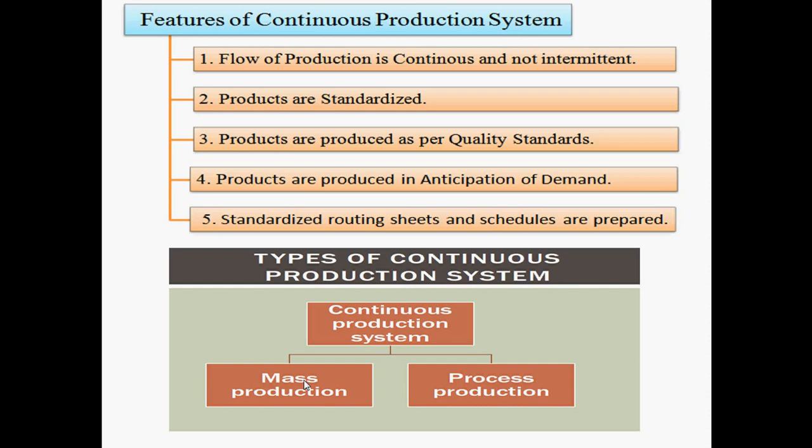Now we go for the next point, that is process production. What is process production actually? You know that process production is nothing but oil refinery or cement companies. Those processes are carried out in a different way, because this is a conversion process. We convert one form to another form, sometimes liquid form to solid form to liquid form. Likewise we are doing processes. According to that there is chemical process or mechanical process or hydraulic process. This is nothing but process production. Okay, so this is called continuous production system. These are the two components responsible for the continuous production system.